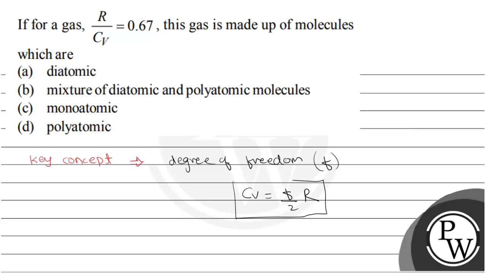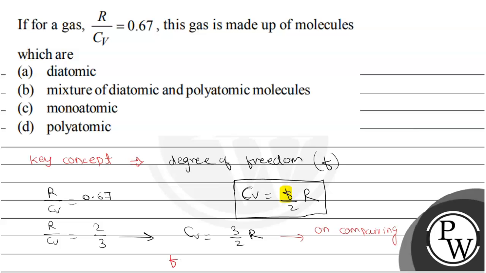This relation is where आपको CV और F and 2, F by 2 and R is here, F is the degree of freedom. ओके तो आपका पास जो रिलेशन गिवन है R बाई CV का, इसे हम रीअरेंज करने के बाद 0.67 है. यू कैन राइट इट एज अ 2/3. R by CV is equal to 2/3, but you need it in term of CV, so CV is equal to 3/2 R. On comparing this with the above standard relation,